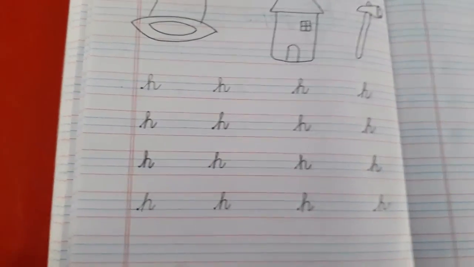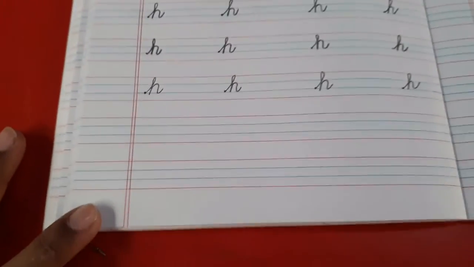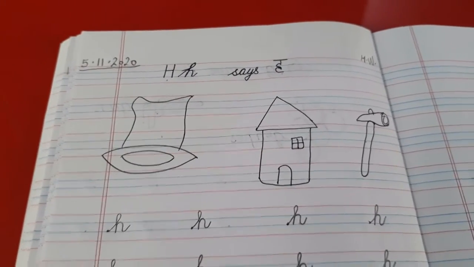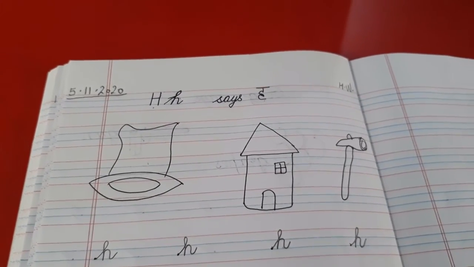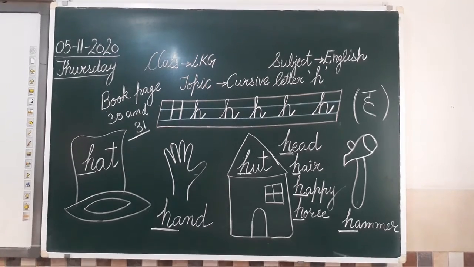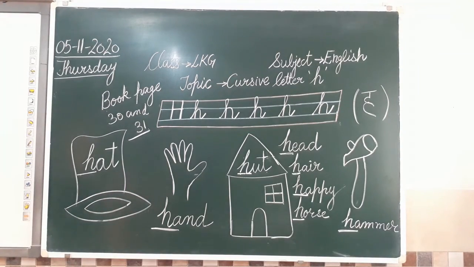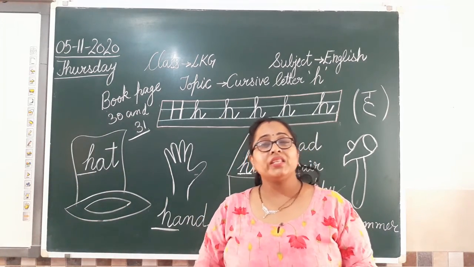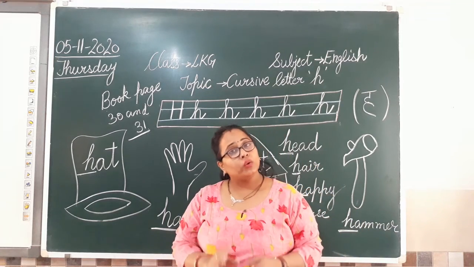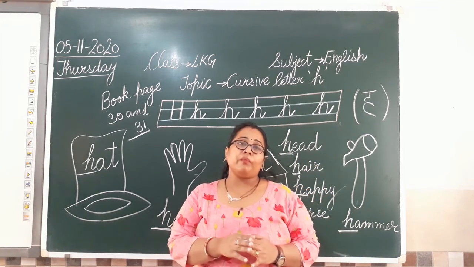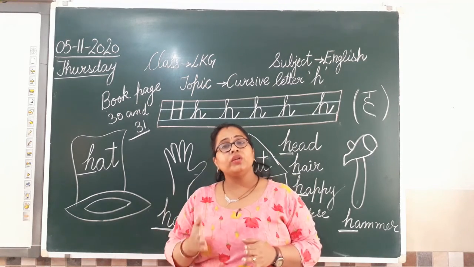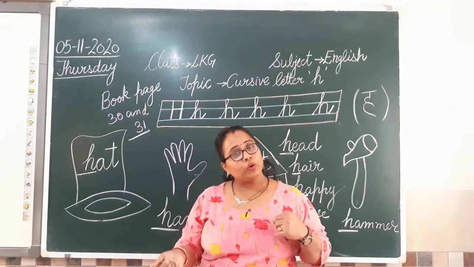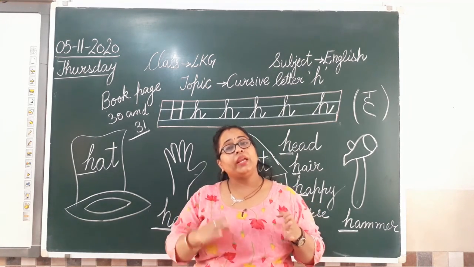Clear? So the complete page is to be done. And whatever picture you are drawing, don't forget to color them also. Okay? So class, I hope you have understood how you are going to write your cursive alphabet H in the notebook. After this alphabet, in the next class, we are going to practice all from E to H also. Clear? With one more new alphabet, but practice work will be E to H.